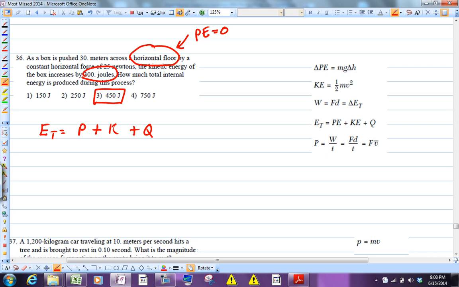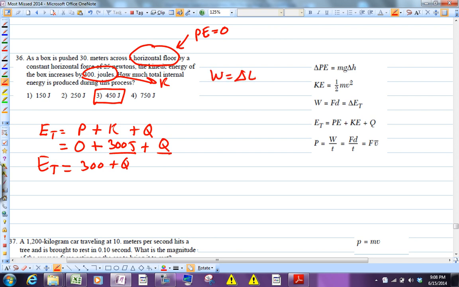The change in the kinetic is 300. So if this is 0, and this is 300 joules, plus any internal energy, that's going to give you your total energy. It's 300 plus Q. But keep in mind the work. Work is going to be the change in that total energy, 300 plus Q, but it's also going to be